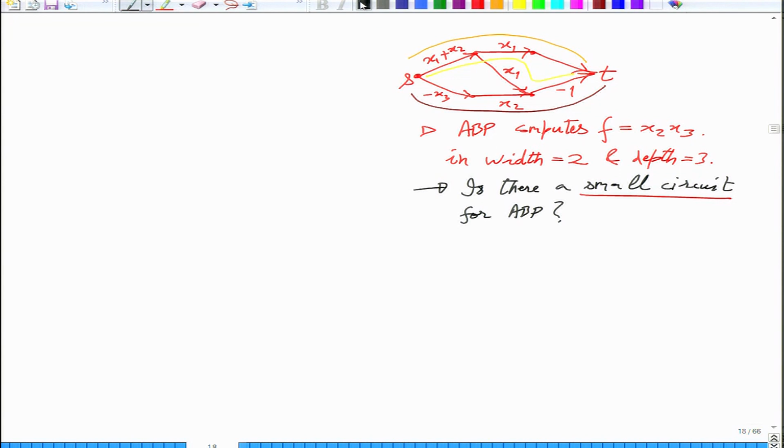No, it's not obvious because the sum is big. The sum is over all the paths. So at this point it is not even obvious whether this can be implemented by a small circuit. So for all you know, ABP may be an incomparable model, but it will not be, because we will now analyze it algebraically and give an alternate representation.